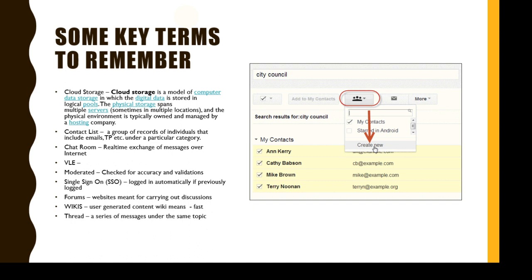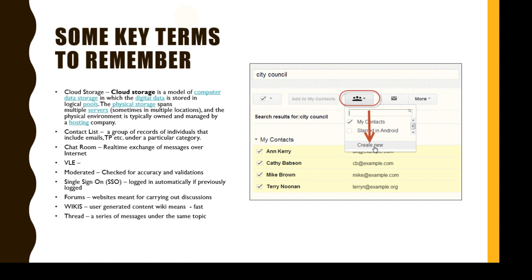Forums are websites meant for discussions. You publish a post, and other people will comment on it. Wikis are editable web pages with user-generated content. It's the user who publishes data into it, and then there will be moderators checking the content, where people can start sharing.